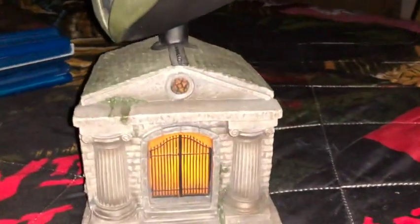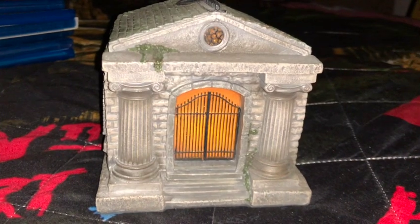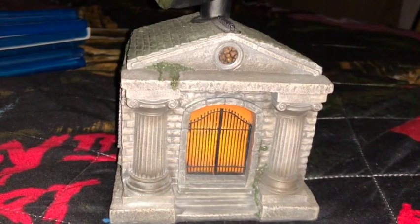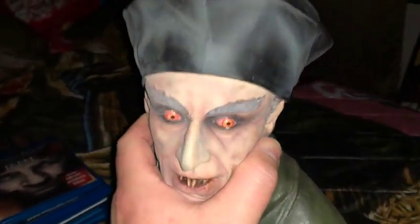It sits on top of a mausoleum. There are 2 AA batteries in there, and the mausoleum is made to flicker like there's torches burning on the inside of the mausoleum. It's a really beautiful piece. The head comes off. It's very heavy,